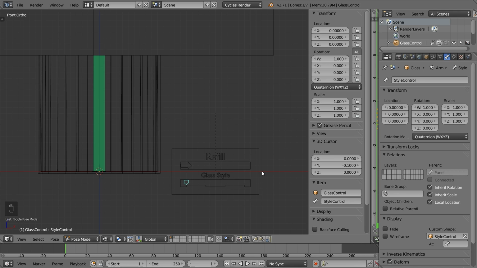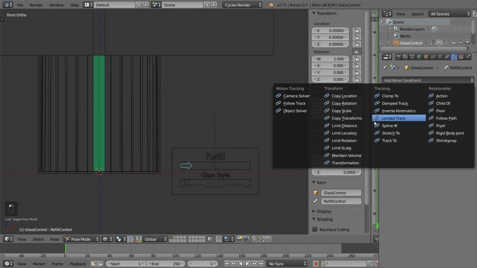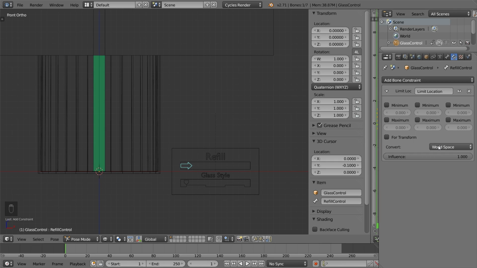With the look done, it is time to limit how much we can move the actual controls. Currently, they can be moved too freely. Let's start with the refill control. We only wanted to be able to move along the slider, so add a limit location constraint. Set it to local space since we want to limit it within its parent, the panel, and also activate for